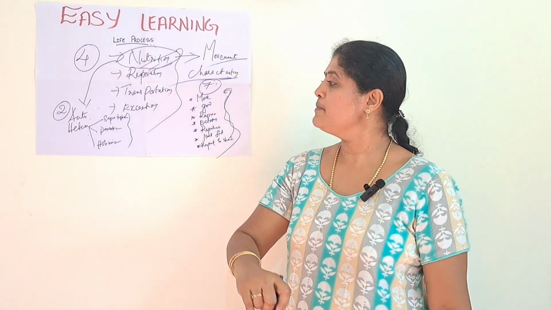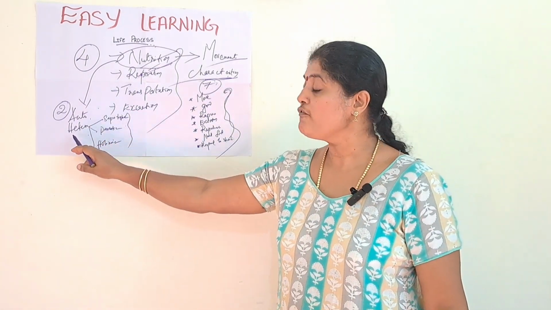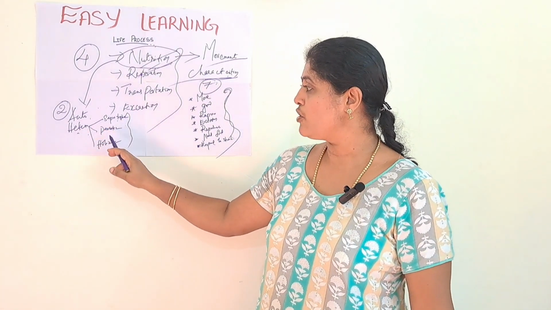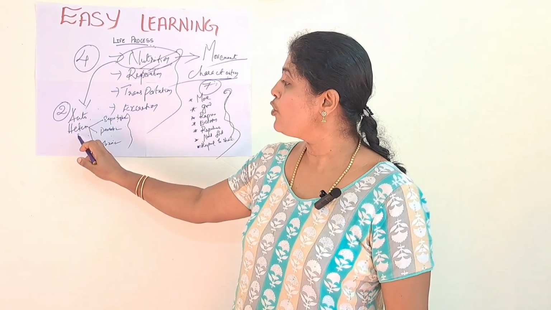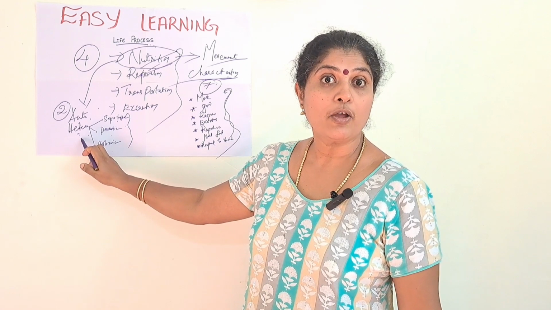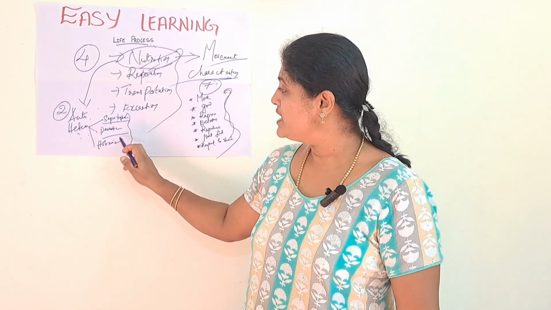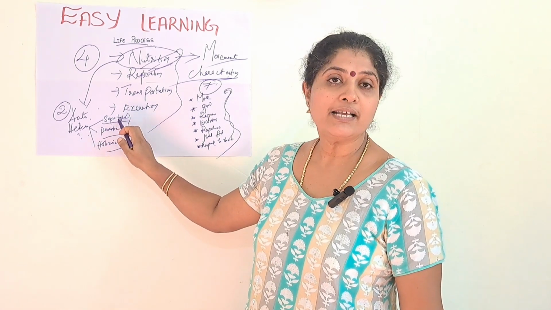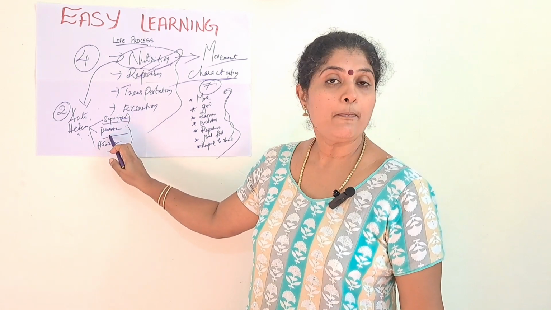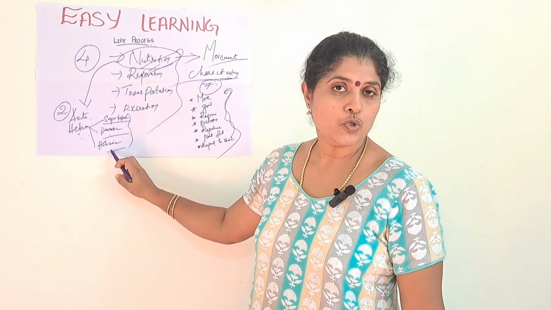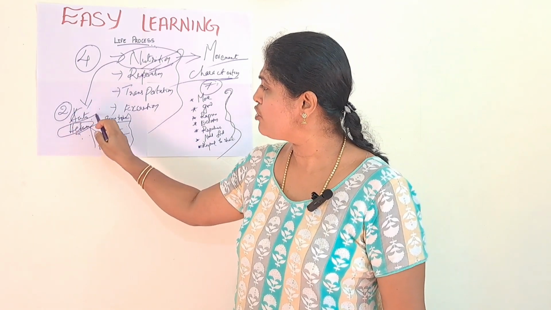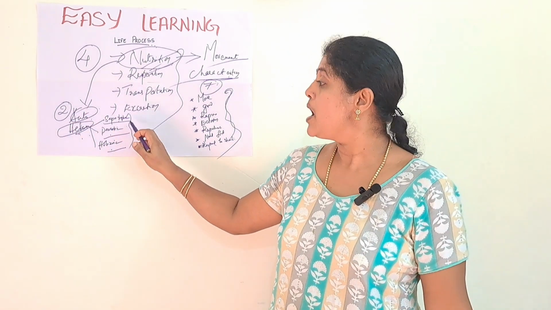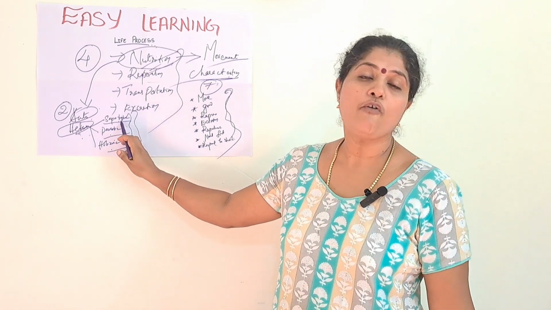So these are the three main classifications of heterotrophic nutrition: saprotrophic, parasitic and holozoic. I have told only the classification of heterotrophic because these are frequently asked. What is meant by saprotrophic nutrition? What is meant by parasitic nutrition or holozoic nutrition? Here the definition of heterotrophic and autotrophic is not that much asked,